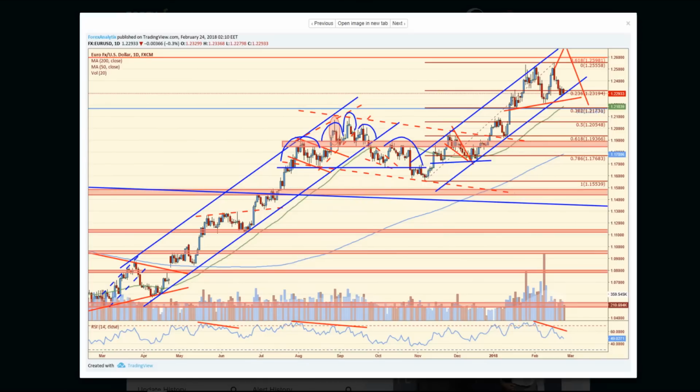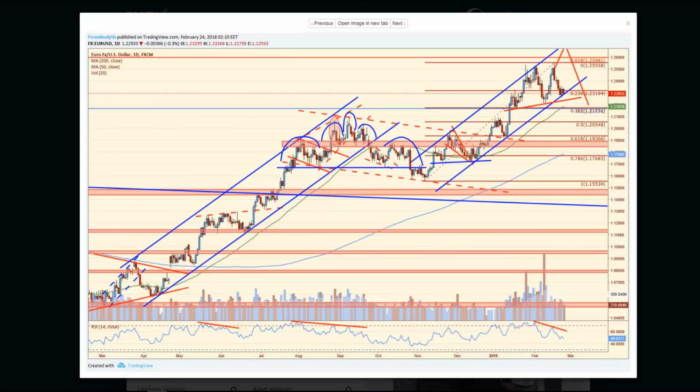And I'm a little skeptical. If you were listening to our broadcast towards the end of the week on Thursday and Friday, I was very skeptical of the bounce that we saw here off of this trendline support. Even into the end of the session on Friday, the euro dollar was still trading fairly heavy. I mean, we traded right around 1.23, and I still think the risk is that we break lower. Now, the question is, how far down are we going to go?